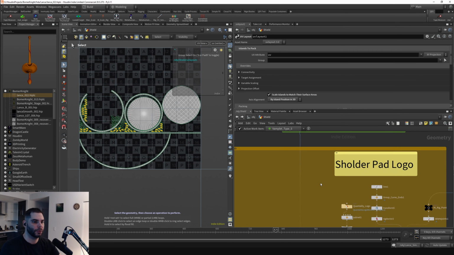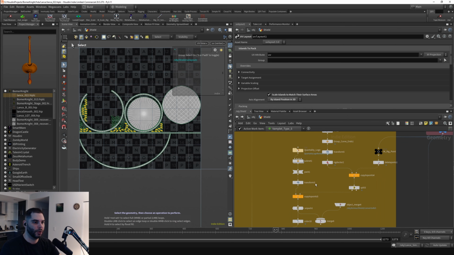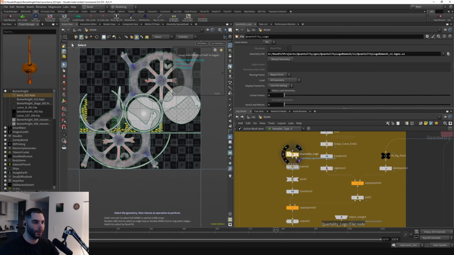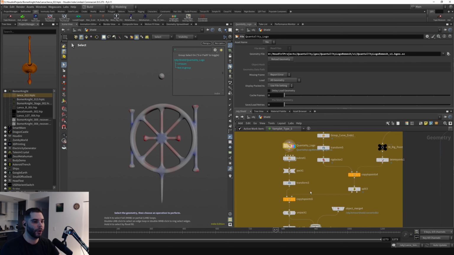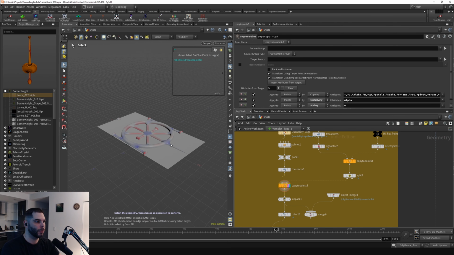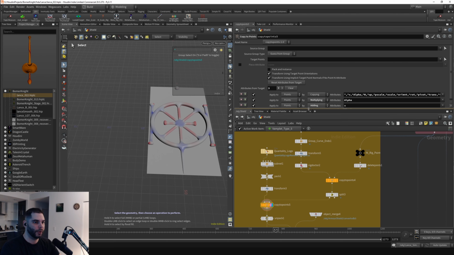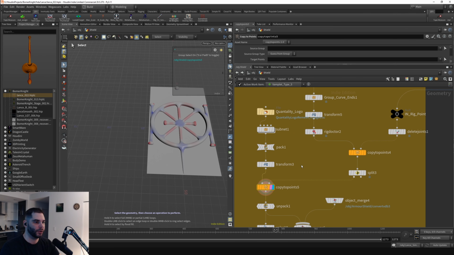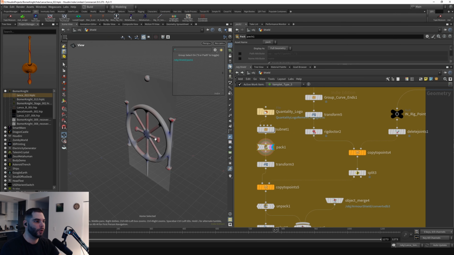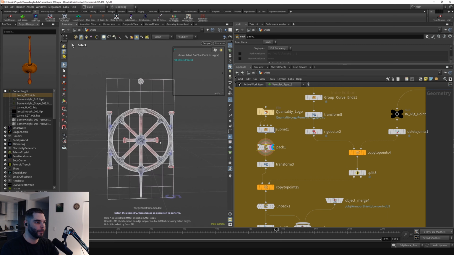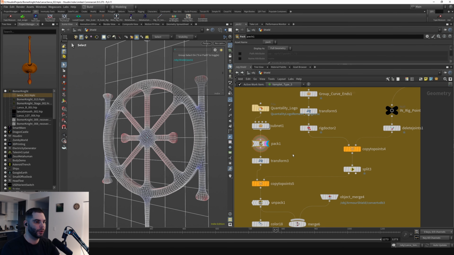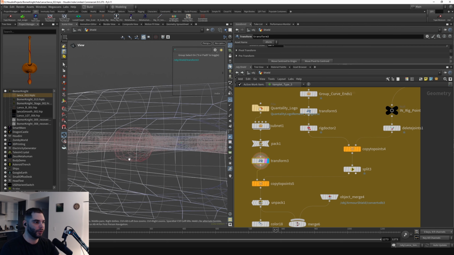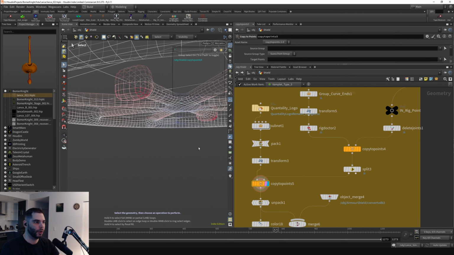Lay out the UVs, and now I had this model from another project. It's kind of like a logo, and in here we projected this, so I packed it. That gives us one point. It puts everything into one single point. That way I can transform everything, and I copied it